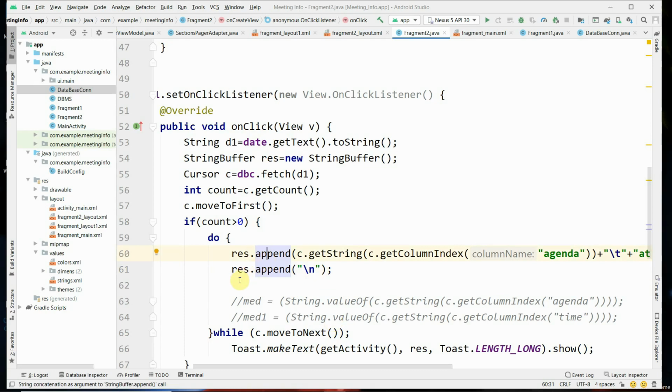Thus res holds the string buffer having all the records of the meeting table for that particular date.